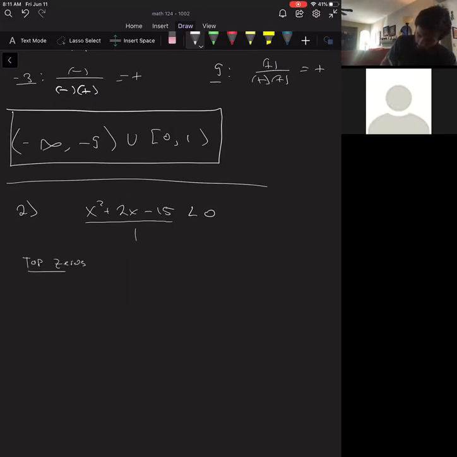Okay, so what makes the top 0? Meaning, what x values give us this? So we need to factor this. This is going to factor into x plus 5,